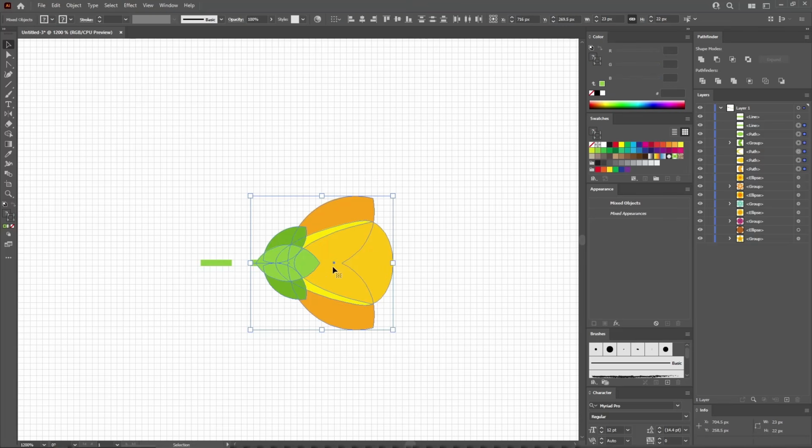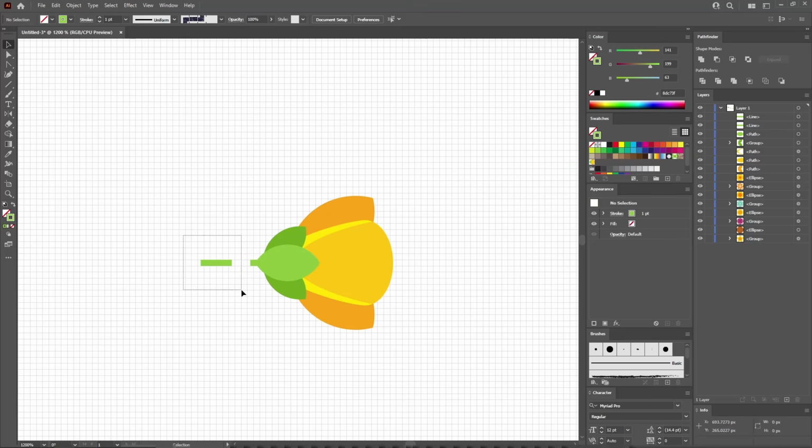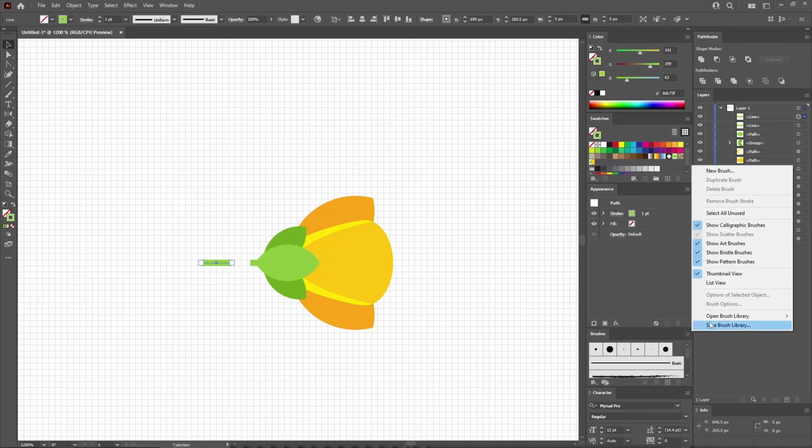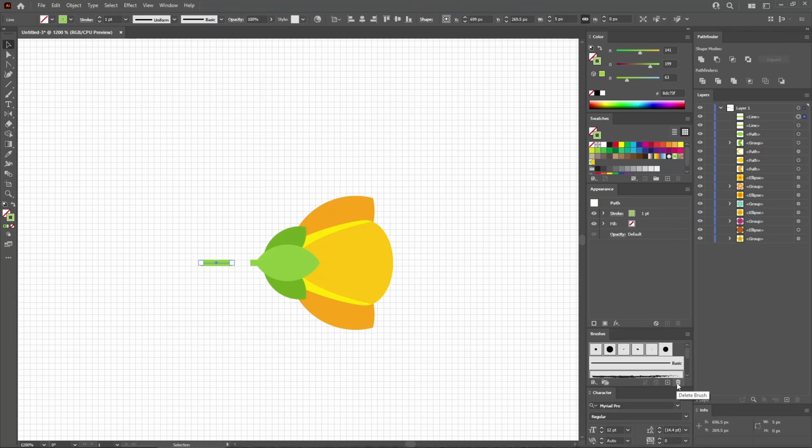Select just the flower and drag it inside the swatches panel to save it as a pattern. And then select just this line to save it as a pattern brush. Focus on the brushes panel, and before we save this line as a pattern brush, let's get rid of all these brushes that you don't need. Open the flyer menu from the brushes panel, go to select all unused, and simply click this button to delete